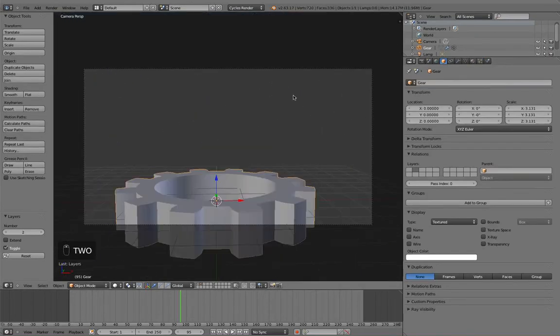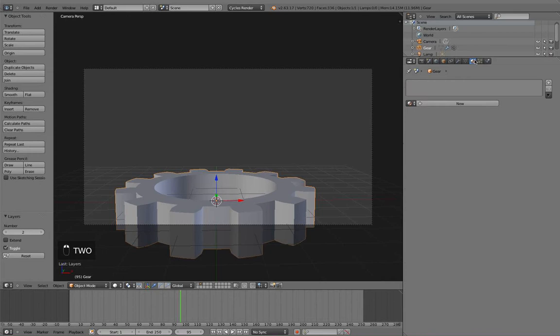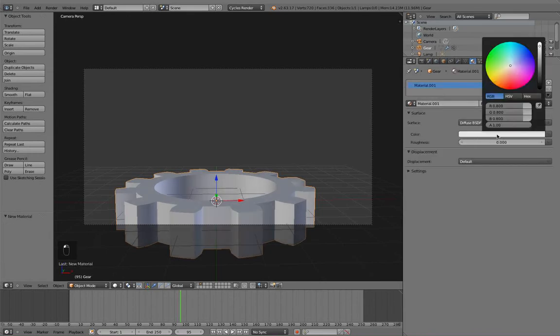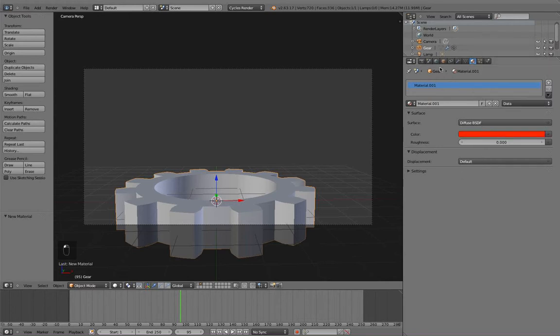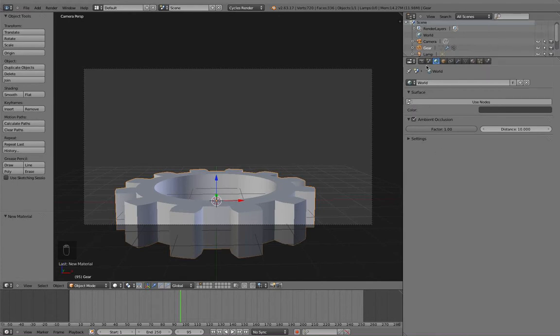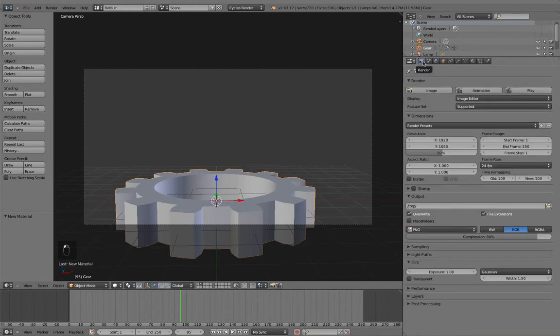And we can do this by moving over to our second layer. I'm just going to go ahead and add a diffuse shader, and make these red gears, solid red gears. And then I'm going to go ahead to our render settings, and what I want is to render with transparency set on in RGBA. So if I go ahead and render these again,